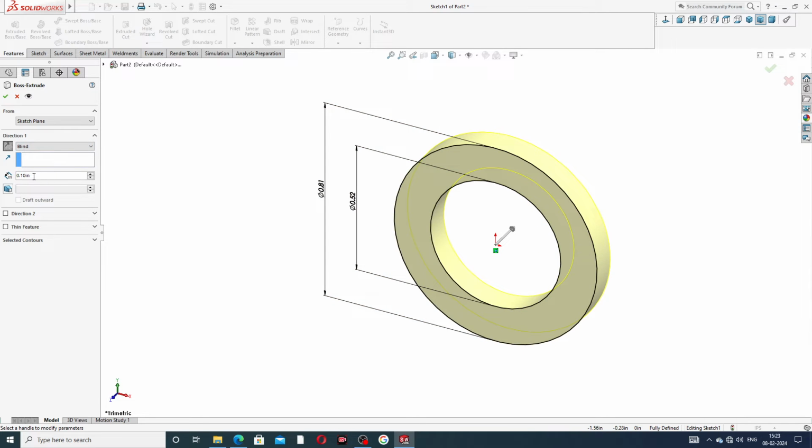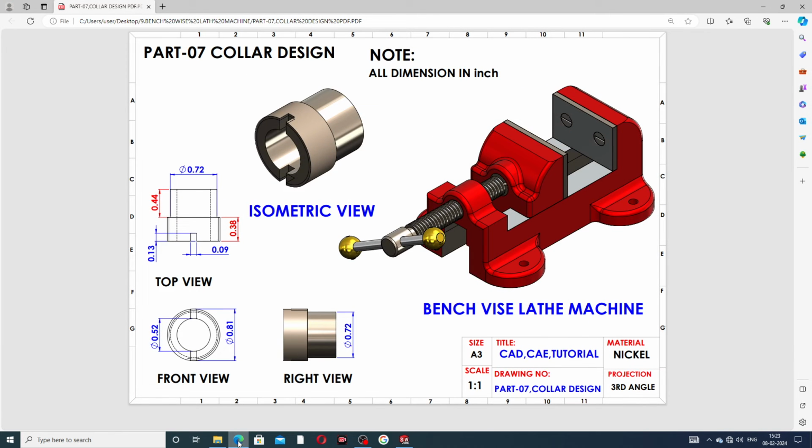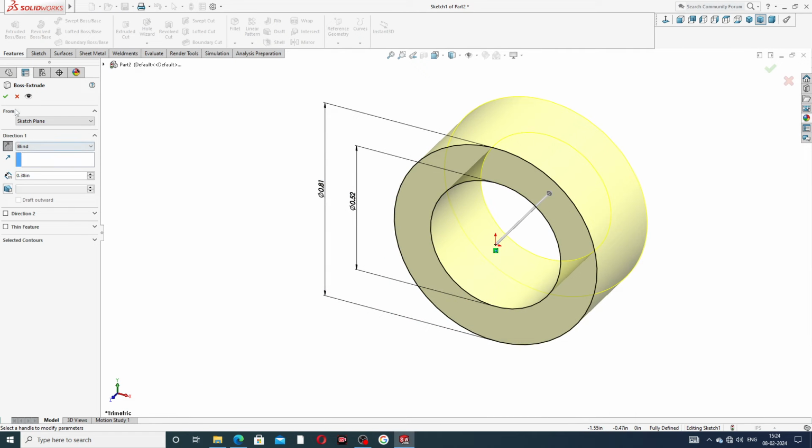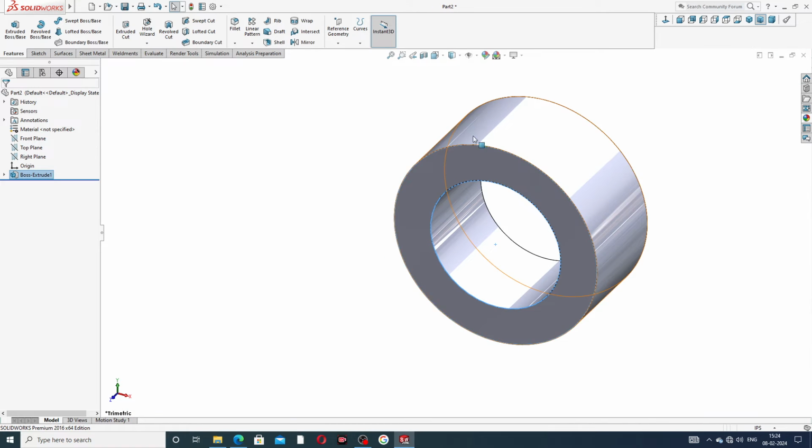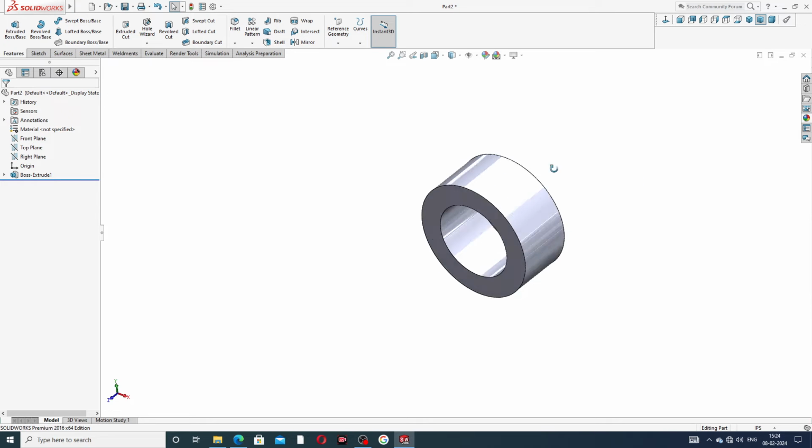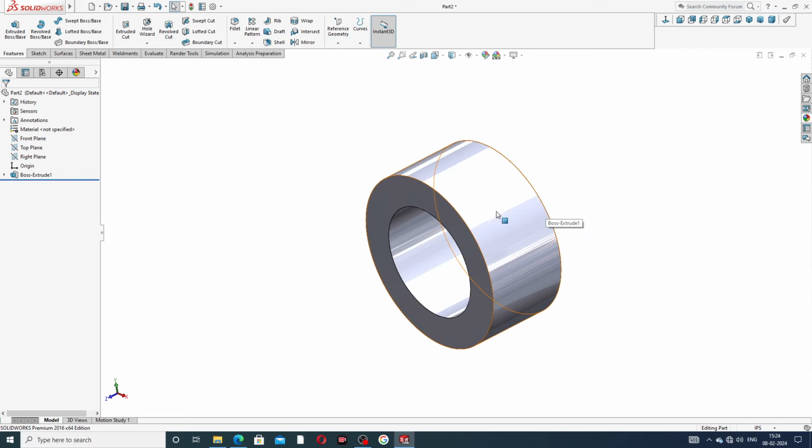The thickness is 0.38 inch. This is perfect, and click OK. The body is drawn perfectly here.